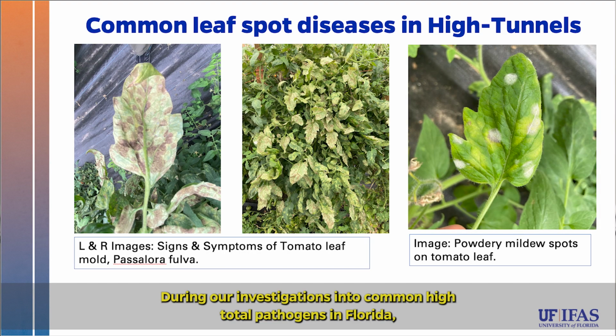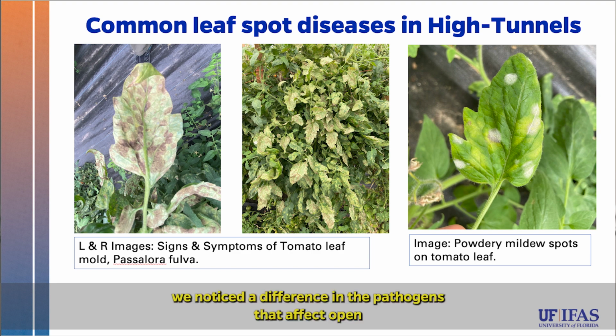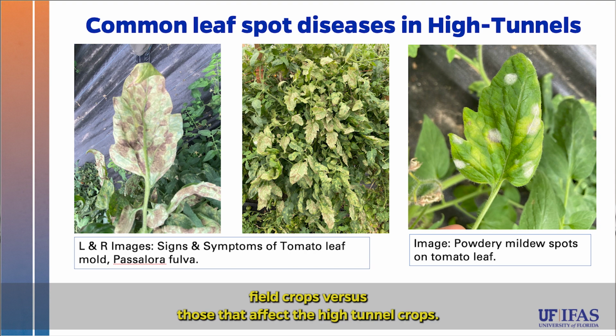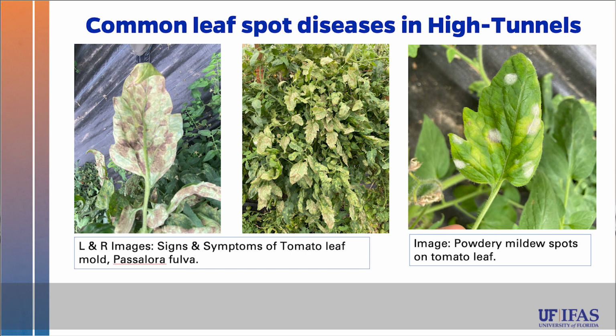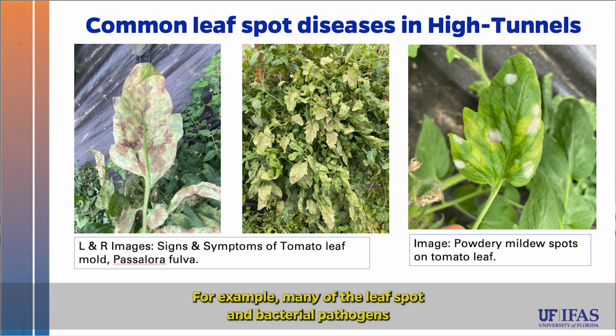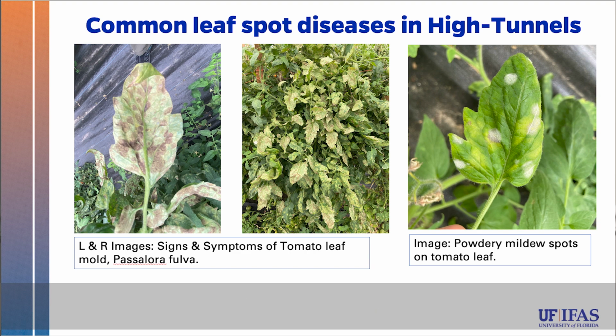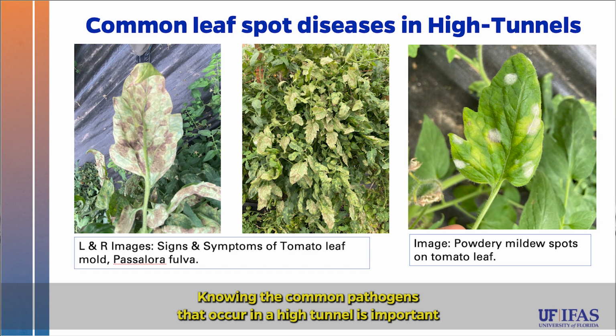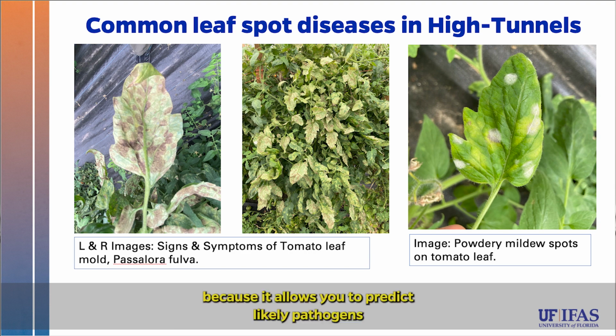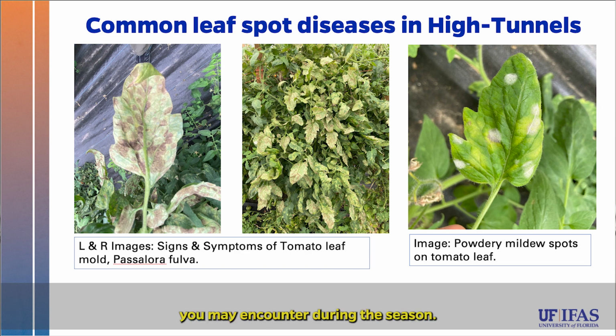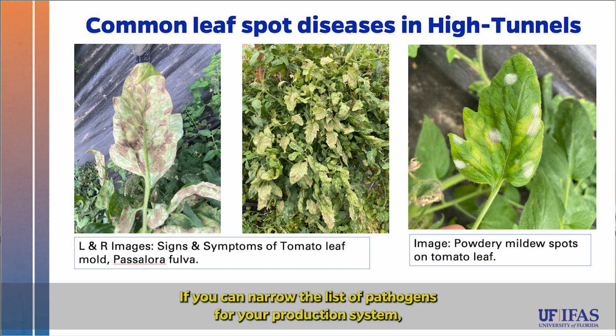During our investigations into common high tunnel pathogens in Florida, we noticed a difference in the pathogens that affect open field crops versus those that affect the high tunnel crops. For example, many of the leaf spot and bacterial pathogens have seemed to be absent in our high tunnel trials. Knowing the common pathogens that occur in a high tunnel is important because it allows you to predict likely pathogens you may encounter during the season. If you can narrow the list of pathogens for your production system, it is much easier to develop a successful